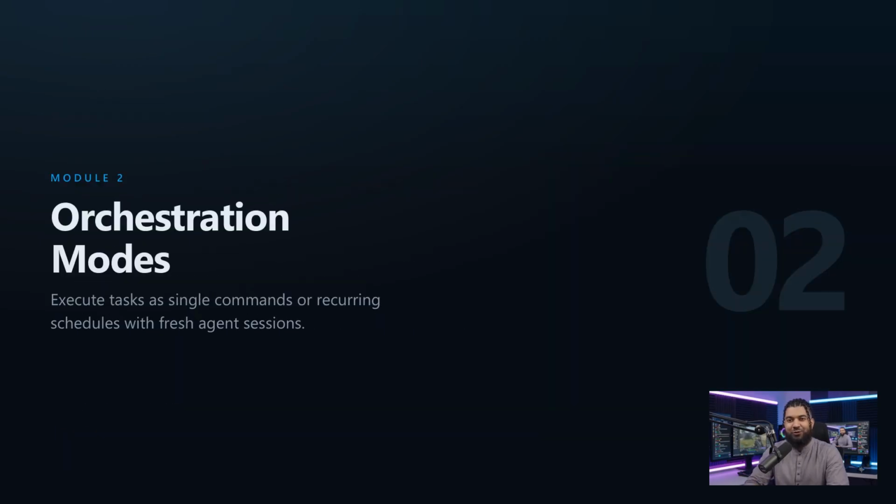In Module 2, we shift our focus to orchestration modes and how you actually trigger and run your work. You have flexibility in how you execute tasks. You can fire them off as single, one-time commands, or configure them on recurring schedules for ongoing automation. The critical takeaway here is how these tasks run under the hood. Every single execution spins up with a completely fresh agent session. By starting clean every time, you avoid any risk of leftover state or cross-task contamination between runs. This gives you predictable, isolated execution whether you are kicking off a quick manual command or running an automated scheduled